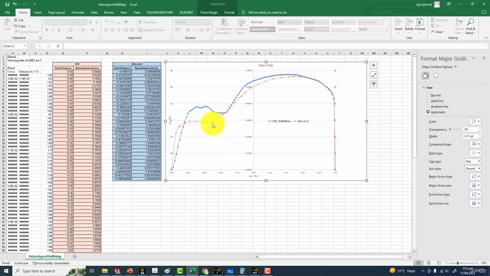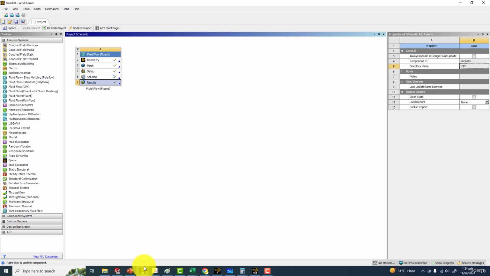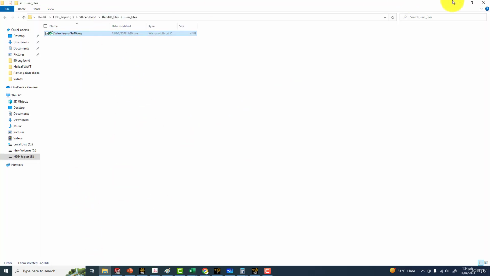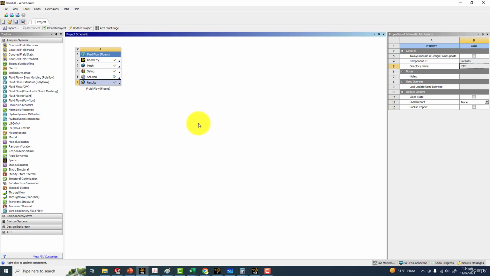Okay, so in this way, basically, we made the validation of the data from the Kim et al. and the data from the CFD. So now if you take a look on the file which is provided with the course, that file has a better mesh quality. And one more thing is that